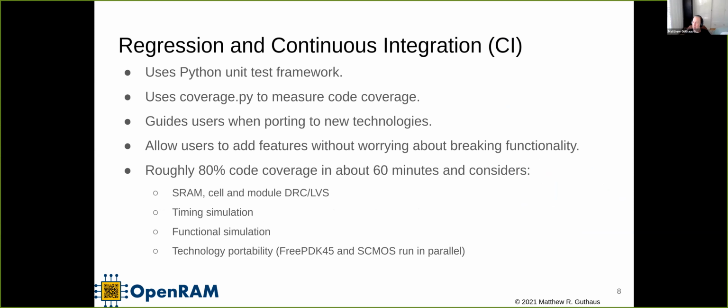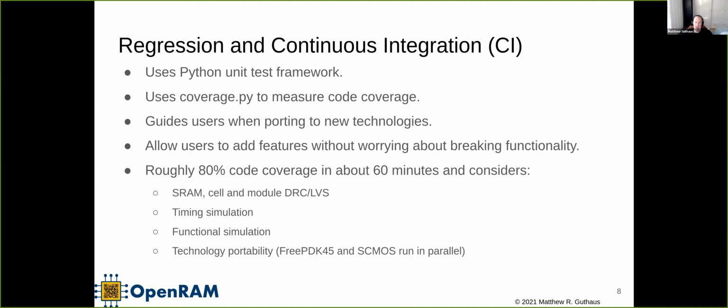Yeah, and that goes back to, I want to play well with commercial tools too. I'm not trying to get rid of them. I'm trying to augment their flows to use an open source memory compiler. Now, in terms of software maintainability, we do provide a really detailed